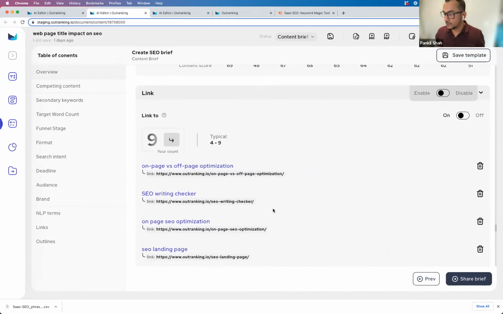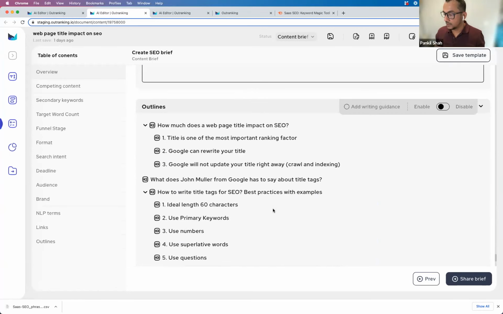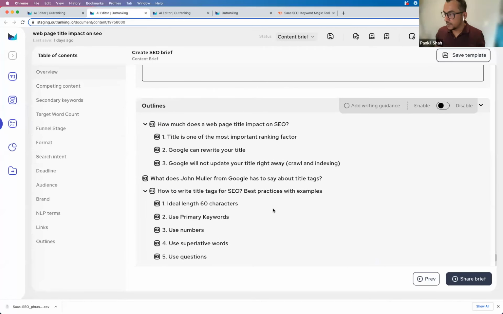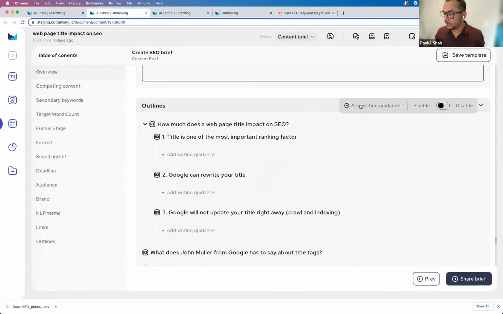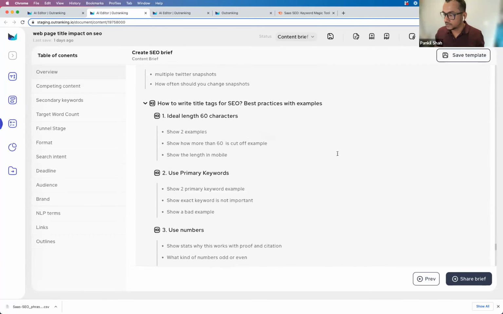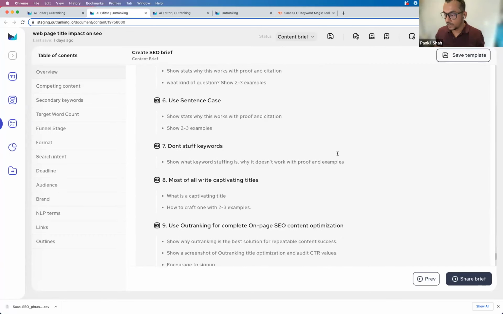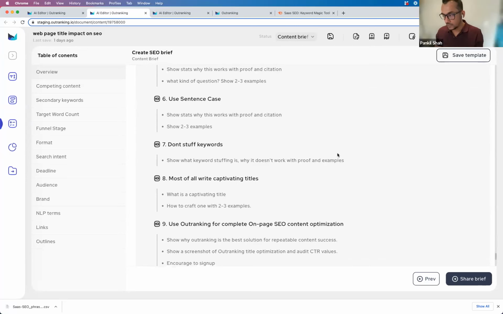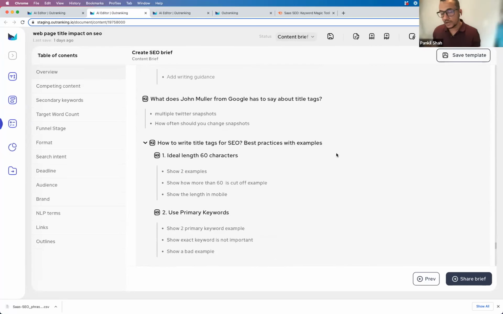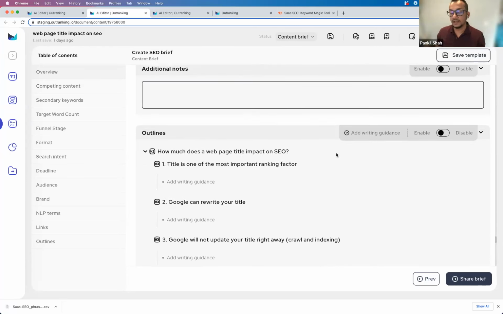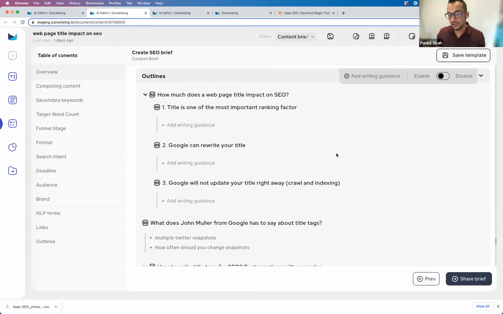Okay, let's go down, and then we'll go to our outlines. In outlines, we've added writing guidance. So this is great. Let's see what it does, right? In writing guidance, if you already have writing guidance, you can add your custom writing guidance. But what it also does is build out prompts automatically for each of these sections.